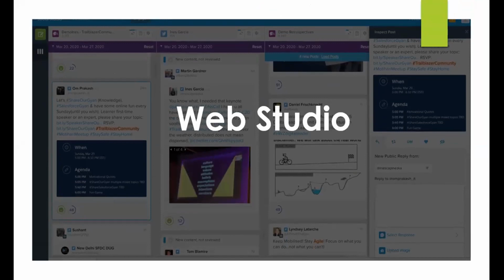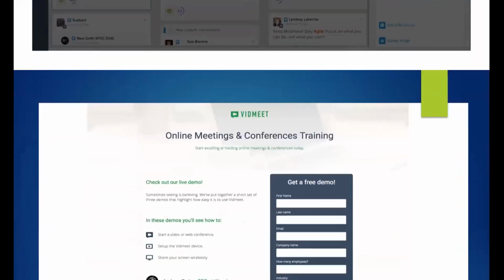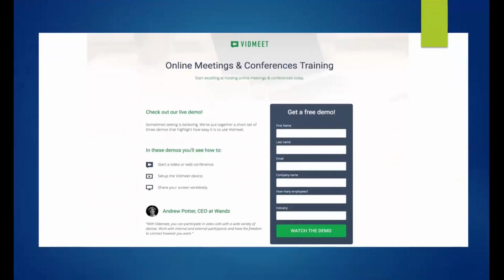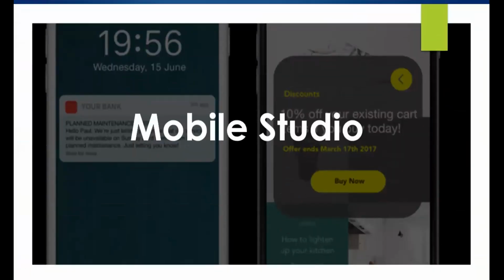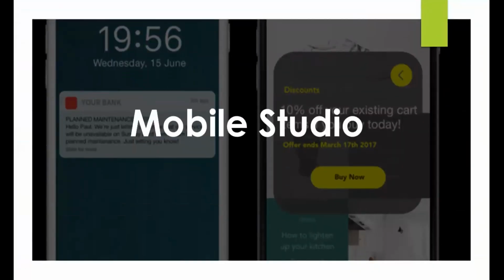Furthermore, we will see Web Studio, how to define small websites, landing pages, microsites, and this type of interactive form which you can build with the help of Web Studio. We will see how to do that with the help of AMPscript and other technologies available within Marketing Cloud. We will deep dive more into Mobile Studio.